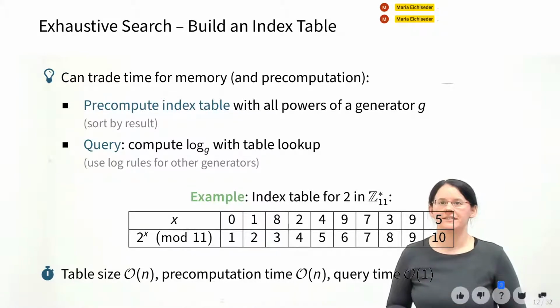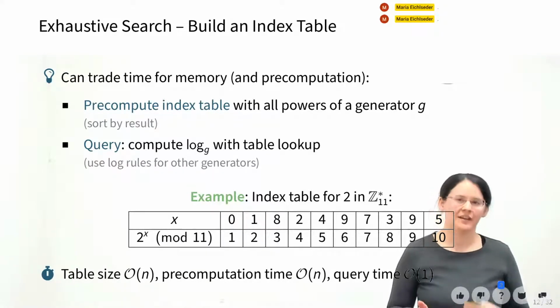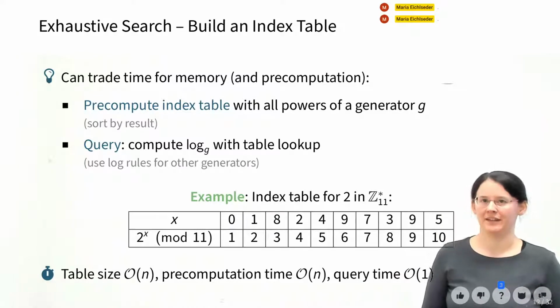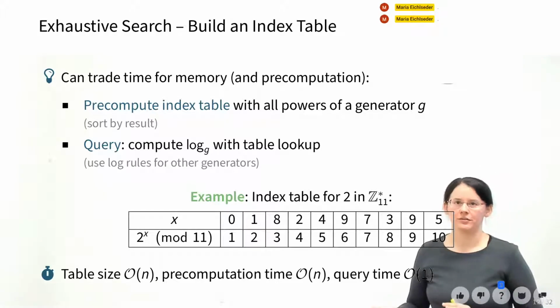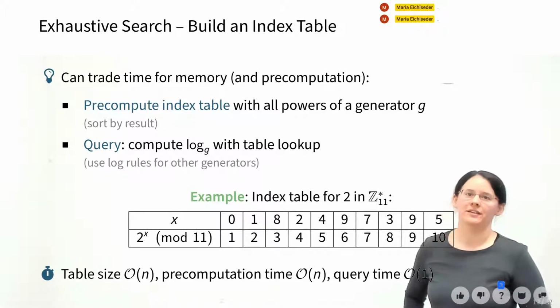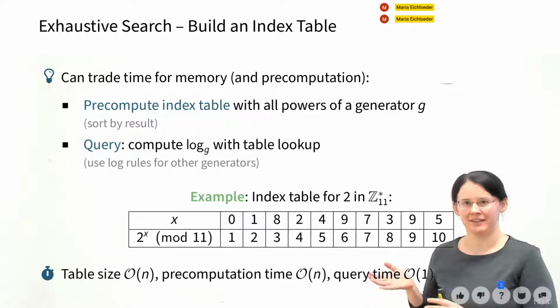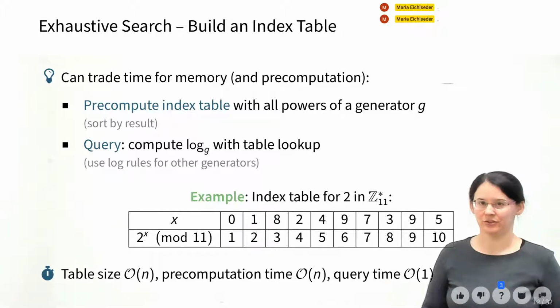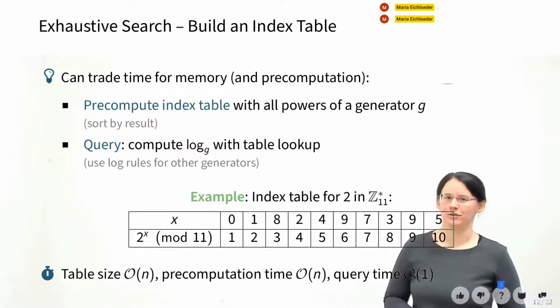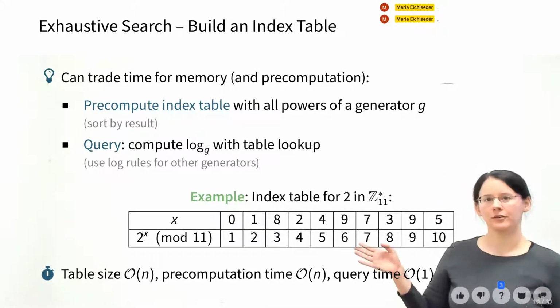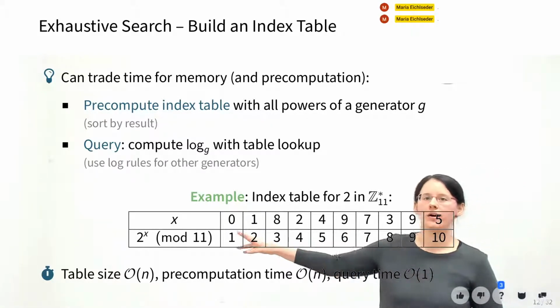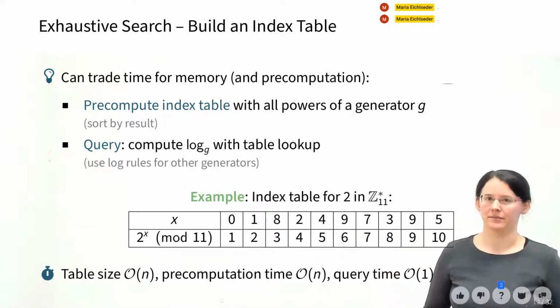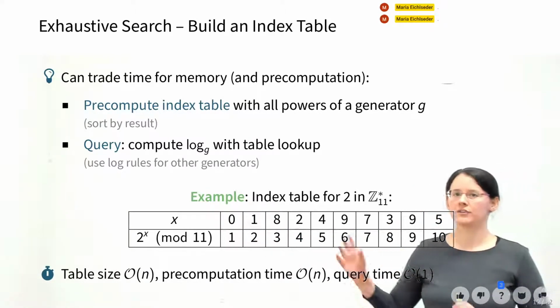So let's have a look at first an optimization that will be a sort of preparation step for the next one. And that is to build an index table. So this is a sort of time-memory trade-off. What I can do is pre-compute some data so that at a later point I don't have to do the computations again, I just have to do a sort of table lookup. So if I know that I very, very often have to solve discrete log problems in some group, I could prepare a list of all powers of my generator and sort it